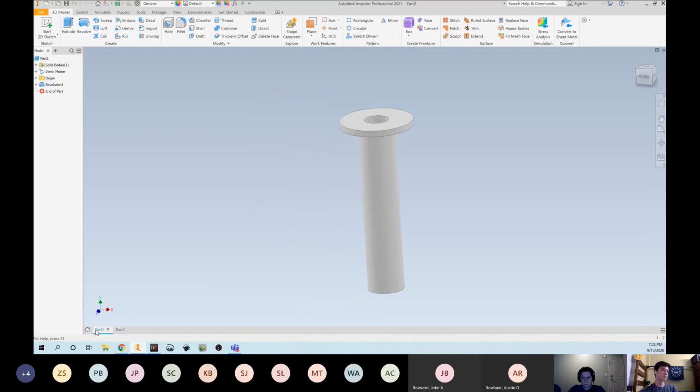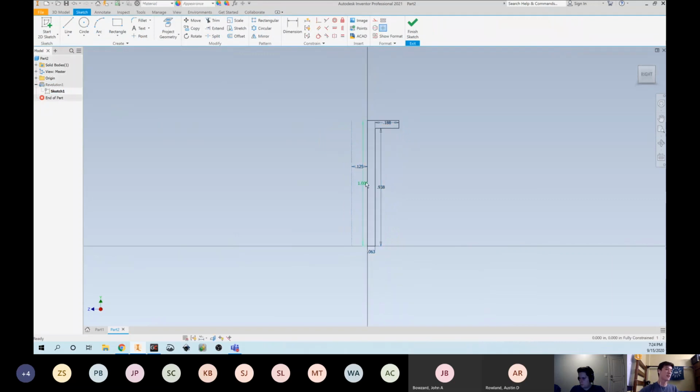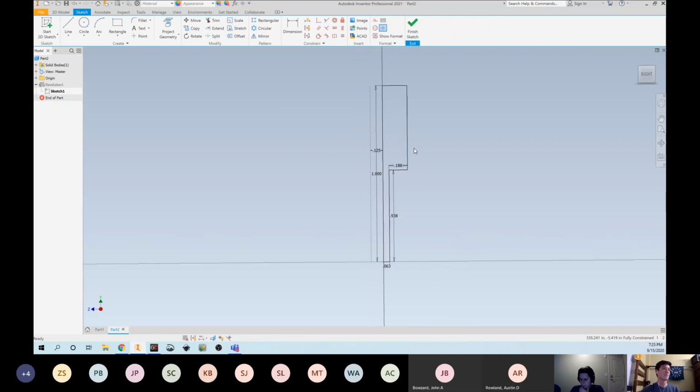And that is wrong. What did I do? Oh, I misread. This is not 1 inch, it's 1.8 inches. So all I have to do is double click on the dimension and I can edit it. And as you can see,